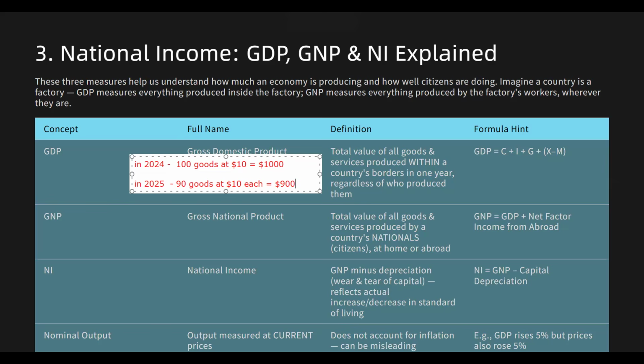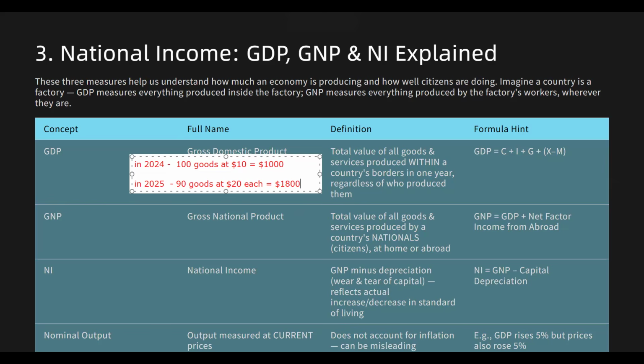So I am comparing 2 years to see which has the better GDP, right? In 2024, I produced 100 goods at $10 each, which came up to 1,000. In 2025, I produced 90 goods at $20 each, which come up to 1,800. If I look at it just like this, it looks as if my GDP increased, right? It does, right? But that's misleading